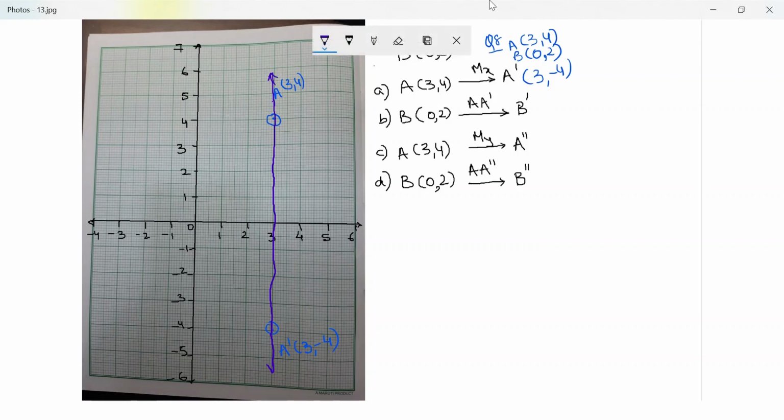So where is B? B is 0 comma 2. So 0 on the x-axis, 2 on the y-axis. This is my point B, 0 comma 2. Always a good habit to write the coordinate and the name of the point along with where you plot it. Now let's look at it. You reflecting it on line. What's the equation of this line? This is basically x is equal to 3. That's what this line is.